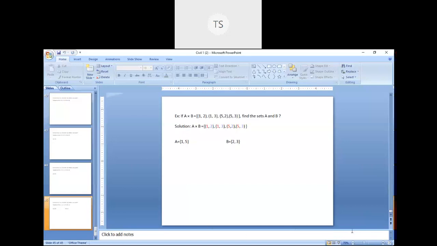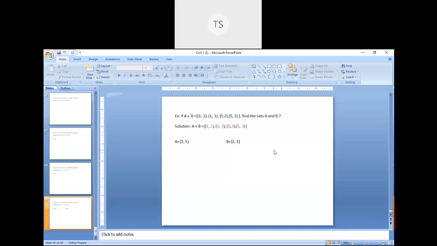So this is all about your ordered pair. Now, how to write the ordered pair, and if the ordered pair is given, how to write the elements of that particular set A and B. This ordered pair is a part of your first unit, which is first the relation. Before going to relation, you have to be clear about the ordered pair and the Cartesian product.